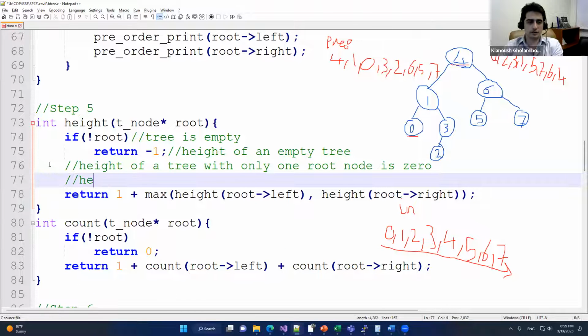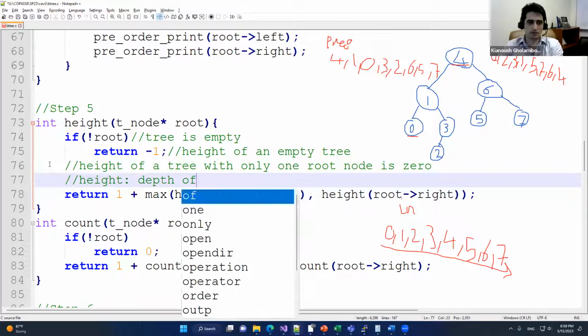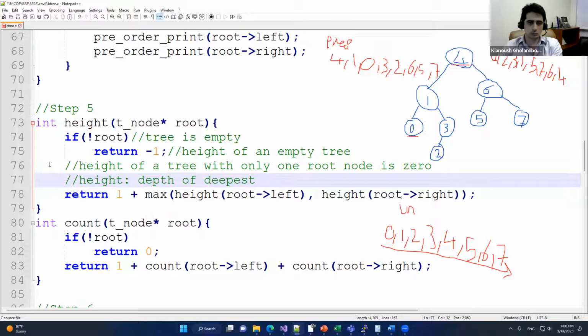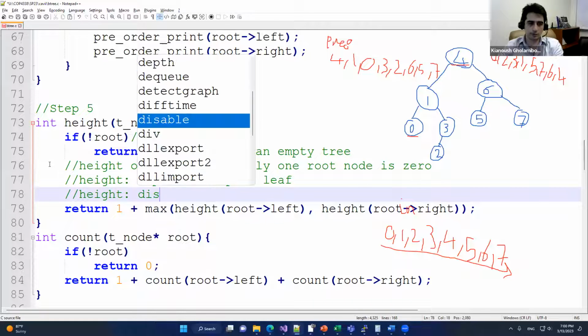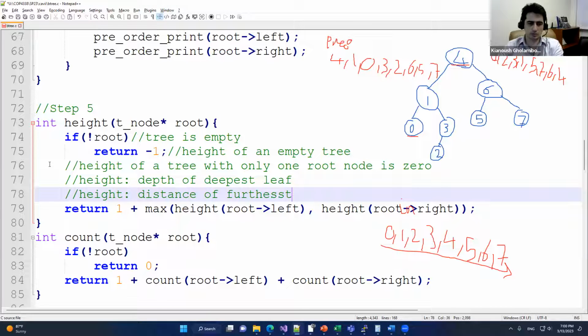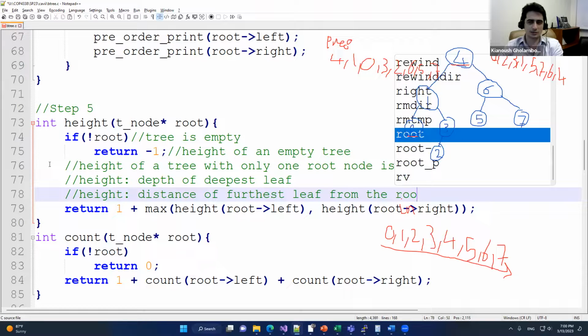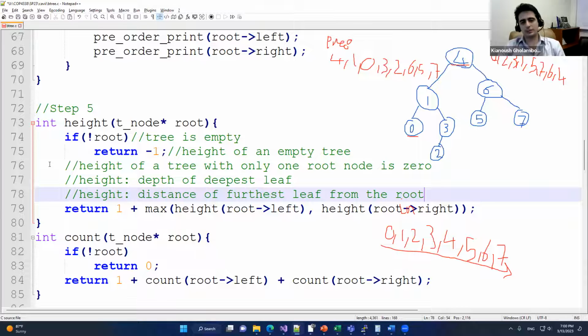Why? Because height is defined as the depth of the deepest leaf, or another way you can define it is the distance of the furthest leaf from the root. So the leaf that is furthest from the root has a distance. That distance, which is the length of the path between that leaf and the root, is considered to be the height,